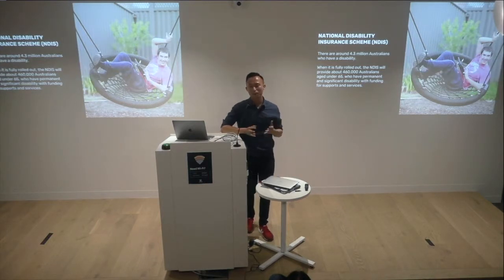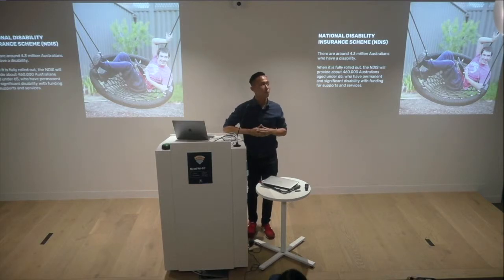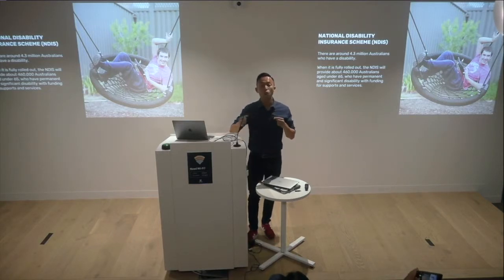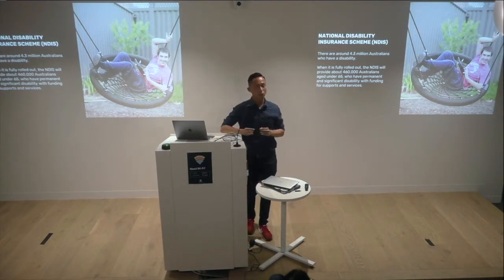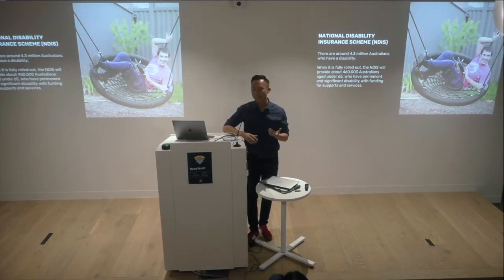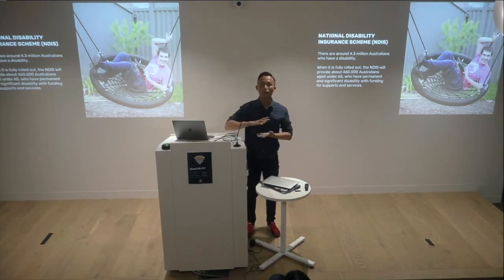When the NDIS came on board, I think it's 2016 or 2017, it means that when it's fully rolled out, it hasn't been fully rolled out yet. I think it's in the stages of being rolled out across Australia. I believe Western Australia hasn't happened yet. But when it's fully rolled out, it will provide almost 500,000 Australians who have permanent and significant disability with funding for support and services. So what this has done for the disability sector in general is put the power in